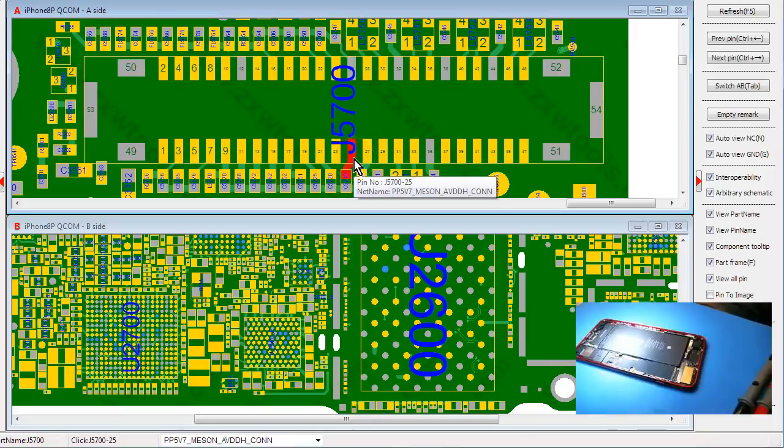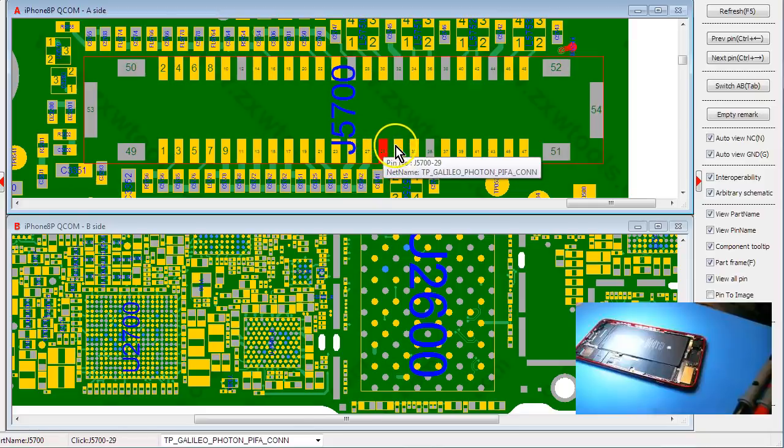But if you look through the schematics, you'll see that Mason actually pertains to the touch function. You'll have to kind of know that. But if you've done any touch IC jobs, you know what Mason is. And if you don't know what touch IC is in general, then you've got a lot to learn. Another display. Okay, so